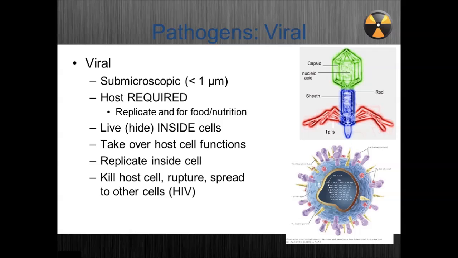The next type of pathogen is a viral pathogen. This is important. They're very, very tiny, and they live inside cells. It's hard for them to survive outside of a host. And what they do is they find a host cell, and so the bottom picture is of a cell, okay? And this is a micrograph of the structure of a virus. And it has these little legs, and it comes down and it lands on the cell, and then it has kind of like a little knife that stabs into the cell wall, and it injects its DNA into the host cell.